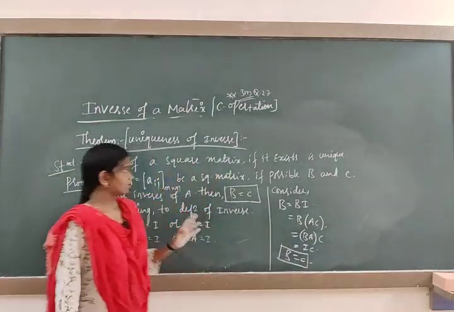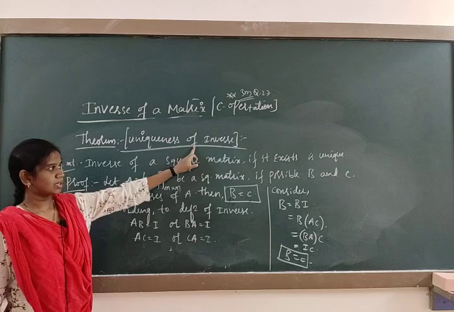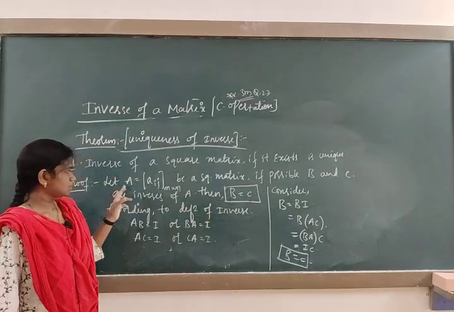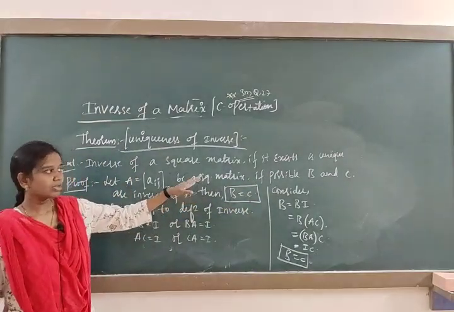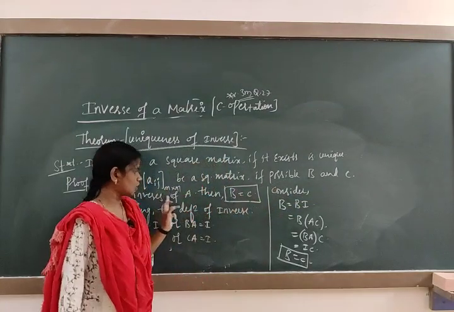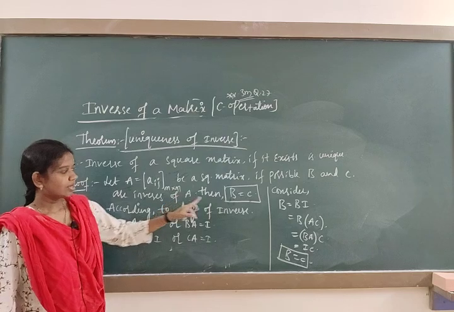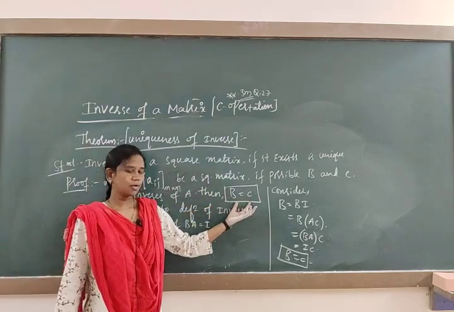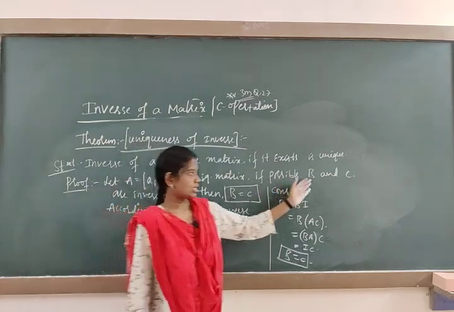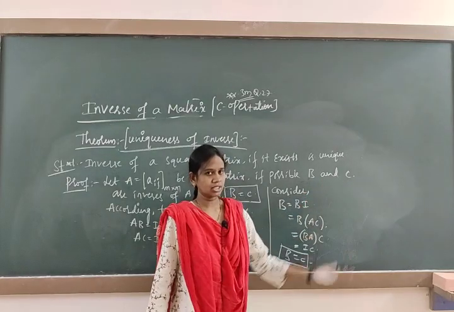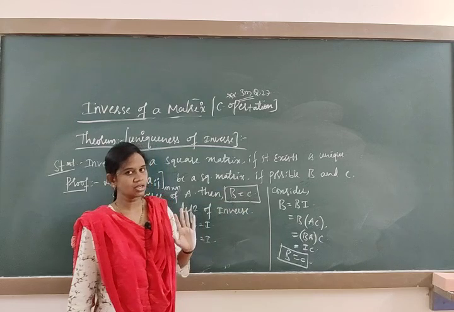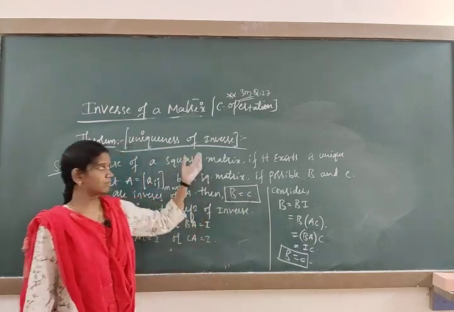Once again I will explain: the inverse of a square matrix, if it exists, is unique. Let us imagine one square matrix we are having. Let us take that the inverses exist, and B and C are inverses of A. Then we have to show that B equal to C. Why I am saying B equal to C: some students will go with row transformation, which you think of as B, and column transformation you think of as C. Afterwards you tally whether the row and column transformation values are the same. They should be the same because the inverse is unique.